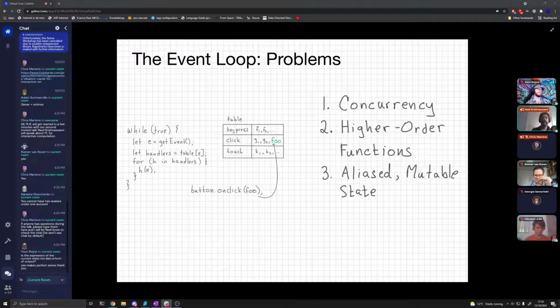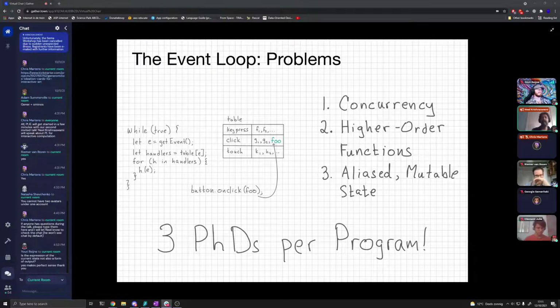So if one of my students took some interesting program that was either concurrent or had lots of higher order functions in it, or had lots of mutable state, and they proved something interesting about it, they would get a PhD. And now what we're saying is that every UI program you write is sort of worth 3 PhDs if you really think about it to get it working right.